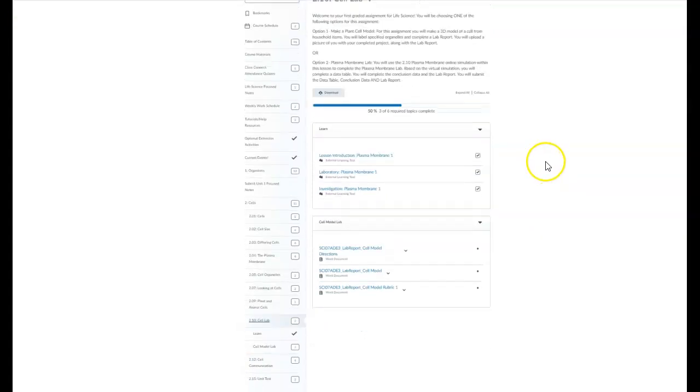Let's take a look a little closer. Our first module here is for the plasma membrane. There will be a separate video with specific directions on how to complete that lab. This video tutorial is if you choose to do the cell model lab. I have uploaded here a direction sheet, the lab report, and the rubric you will be used and graded on. So let's take a look at these